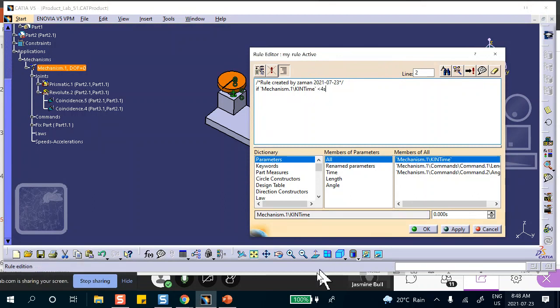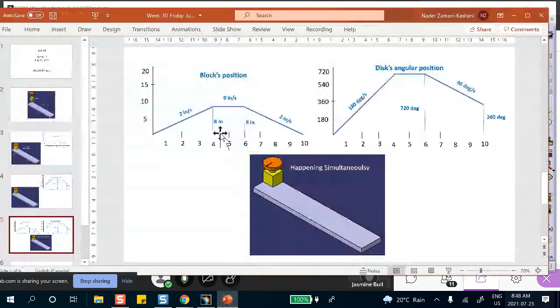Now, I have 2 things to do. I can do this separately for the propeller, or the block and the disc. But in this case, I can do it simultaneously because these times are all the same. If the propeller motion during the time interval is different from this, then I suggest you write two rules, one for the block, one for the propeller. In this case, because these breakpoints are all the same,